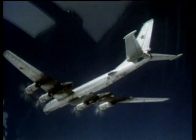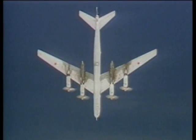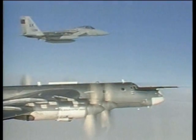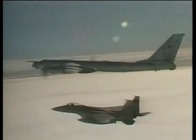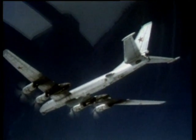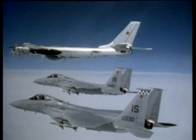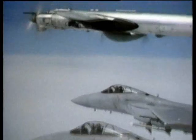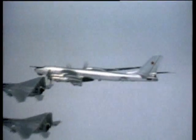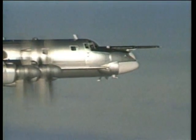Under the belly is a gigantic surveillance radar, and various versions of these aircraft carry many species of reconnaissance or anti-submarine sensor or equipment for launching long-range cruise missiles. A crew member often watches the escorting fighters from the transparent upper cupola. The Bear H has